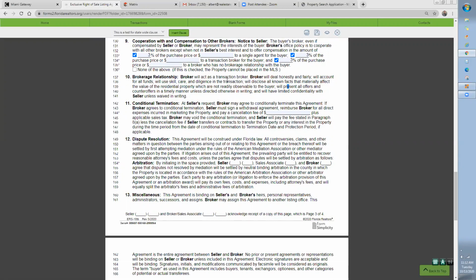The broker will act as a transaction broker, meaning we will deal honestly and fairly. We'll account for all the funds. We'll use skill, care, diligence in the transaction, and disclose all material facts of the property to the buyer. Okay, so we can work with the seller and we can work with the buyer, but we're going to deal